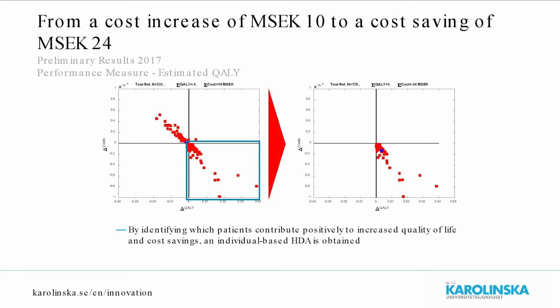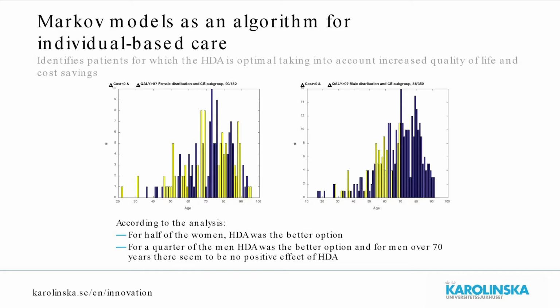So we can go from a cost increase of 10 million Swedish crowns for 532 patients for a year, compared to common care, to a cost saving of 24 million Swedish crowns by using this method. But then, of course, you need to identify the patients that will end up in the fourth quadrant. And then you can do prediction models, but you can also use the Markov model in reverse, perform reverse engineering, because